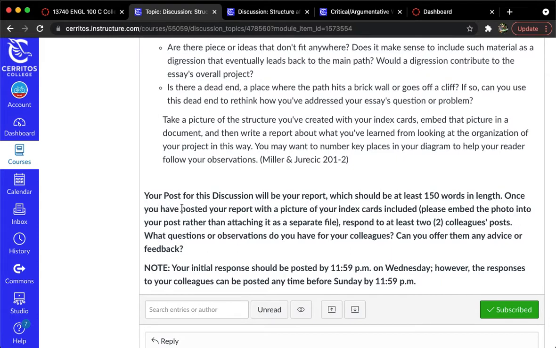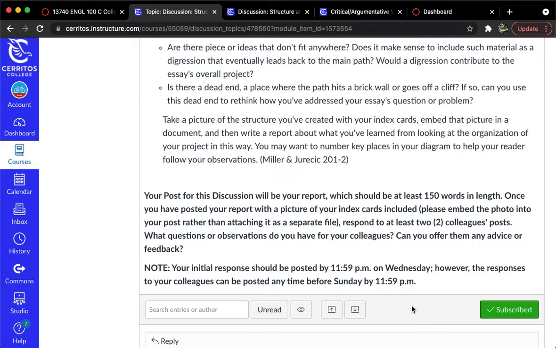Okay, so going back to the particulars of this activity, your post for this discussion will be your report, which should be at least 150 words in length. Once you have posted your report with a picture of your index cards included, please embed the photo into your post rather than attaching it as a separate file. I want you all to embed photos in these discussion posts rather than attaching them as separate files, because that way